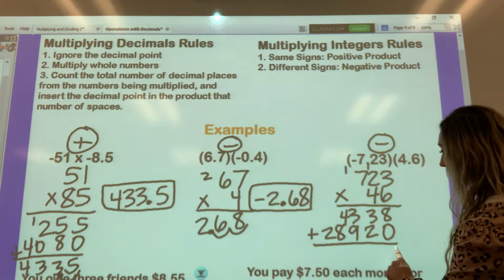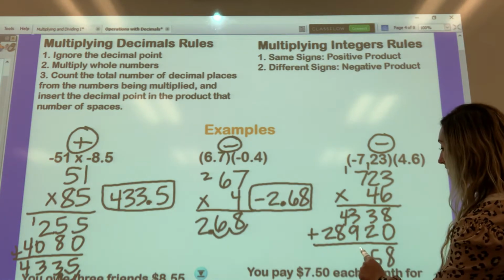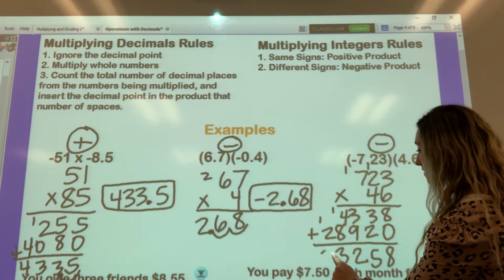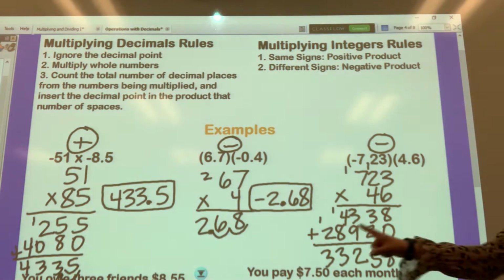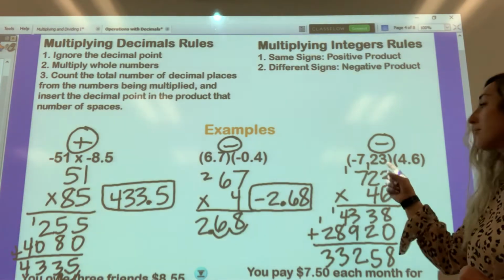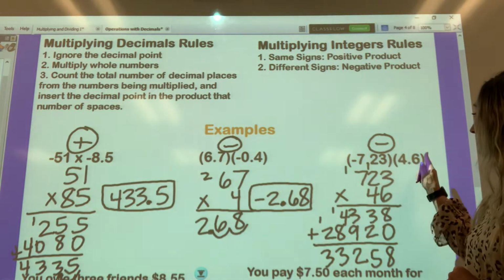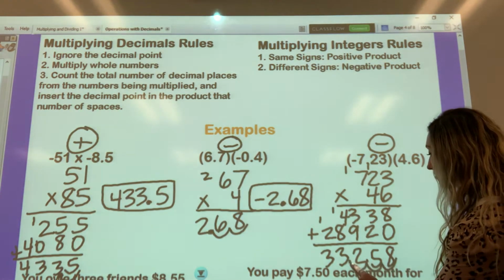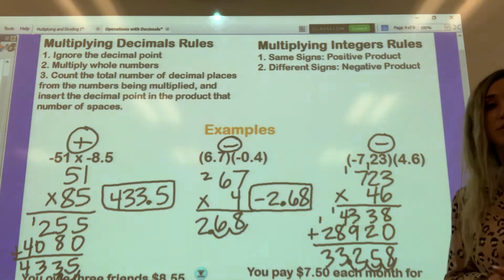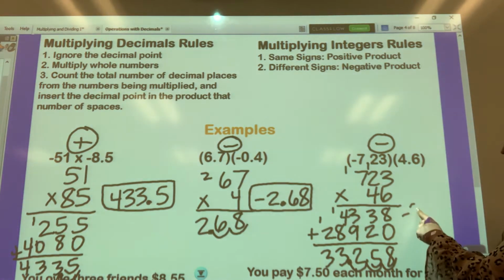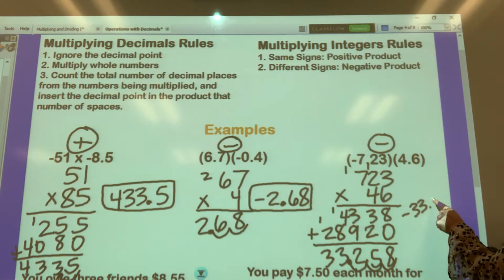Add these up. 8, 5, 12, 13, 3. So we get 3, 3, 2, 5, 8. But again, in our problem, we had 1, 2, 3 decimal places. So we need 1, 2, 3 decimal places in our answer. So our final answer would be negative 33.2